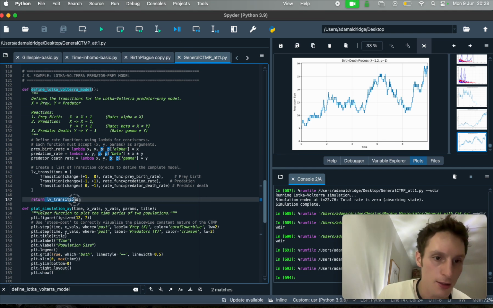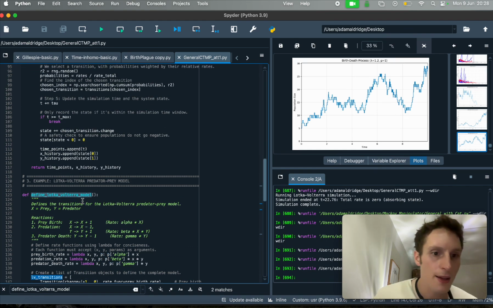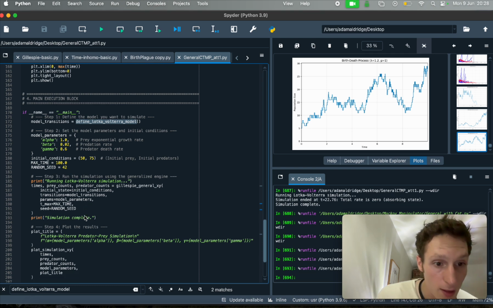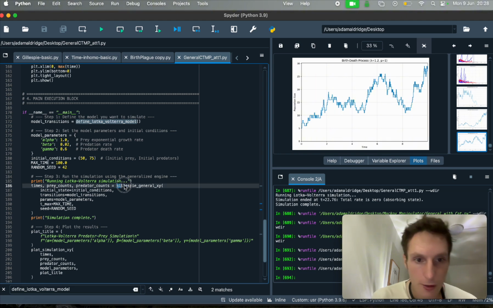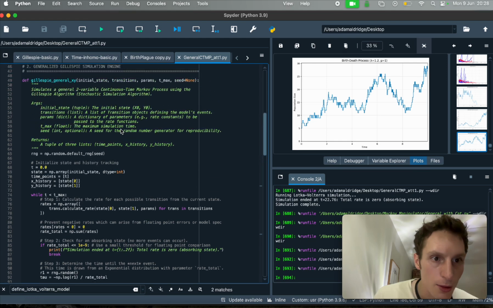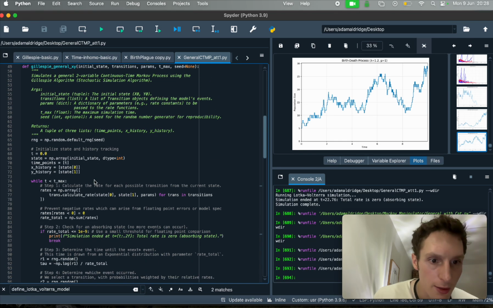These transitions are returned, and then transition model, and then the Gillespie general xy function is called with that list, and